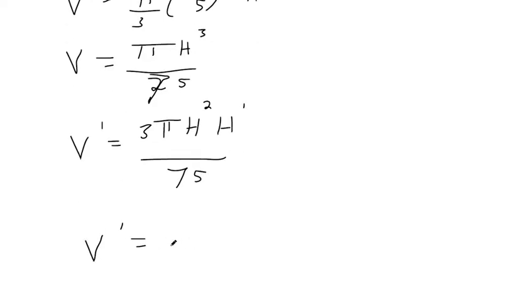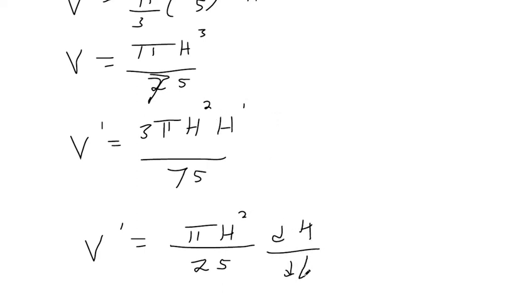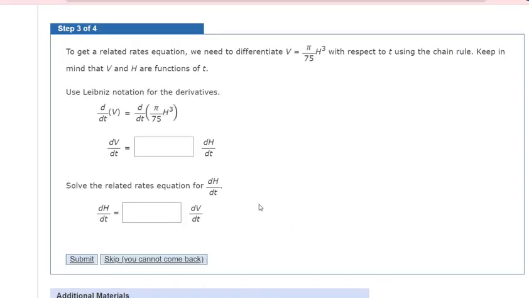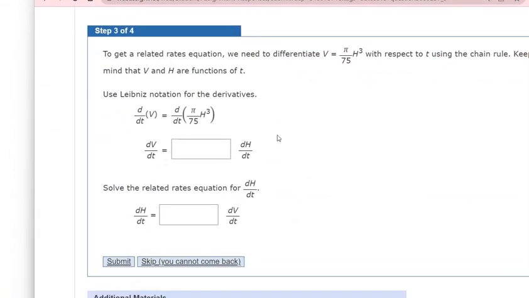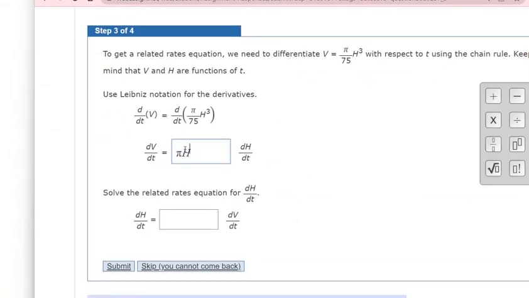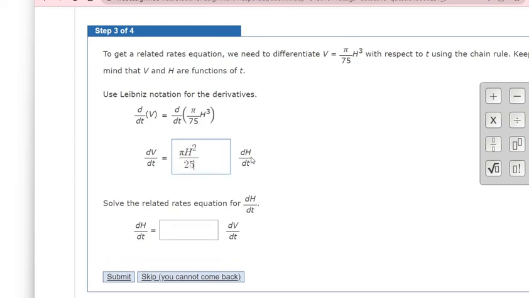V prime equals something over 25. And that's pi h squared. And then h prime was our shorthand for dh/dt. This is what they're going to want in that box, I think. Where we have pi h squared over 25, and then solve the related rates equation